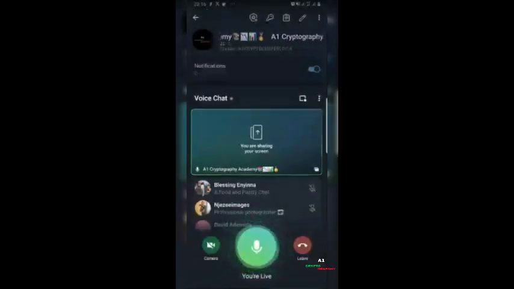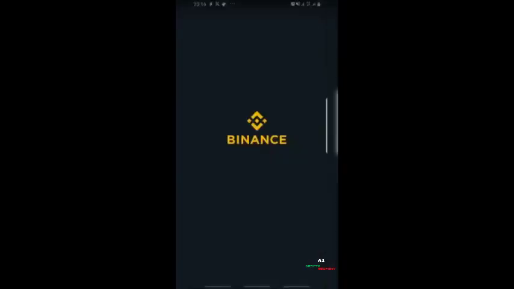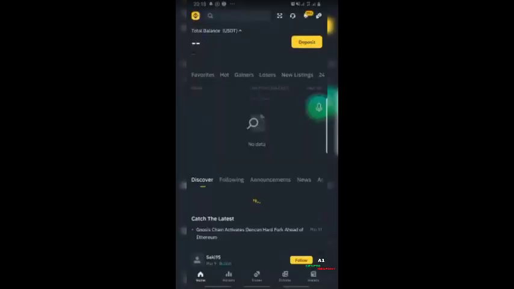So guys, we are live and we are going to be heading into my Binance application. This is the Binance interface. When you open your Binance app, this is the home section. This is all you're going to be seeing in the home section,